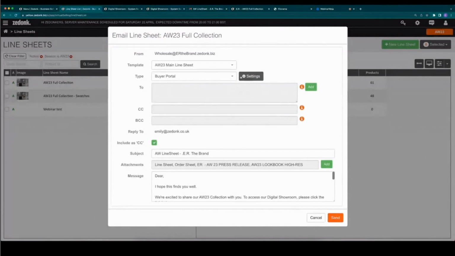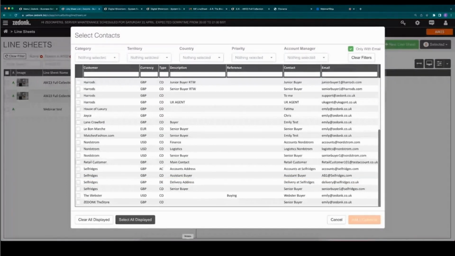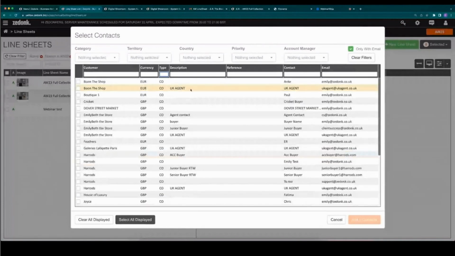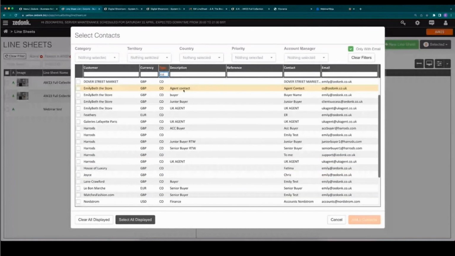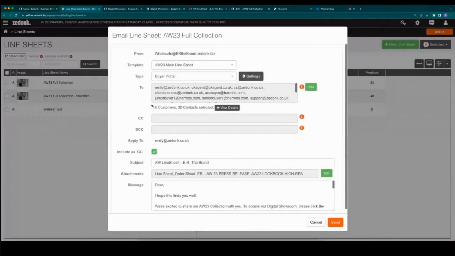And then the important thing is who you are sending this to. So in your ad, this is pulling your full address book. You might decide to search by type. So it's just a contact rather than your delivery contacts and your accounts contacts. And also then you can go through and select, but you can even go to select all displayed and add 30 contacts. So you can see here, this is now grouped to 18 customers.